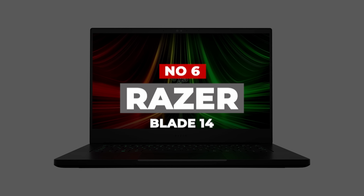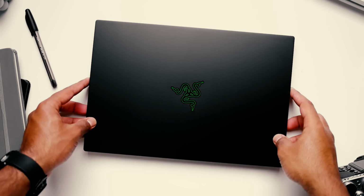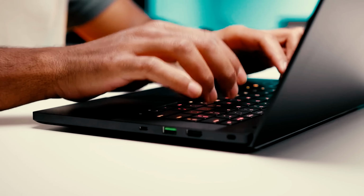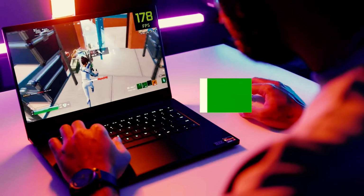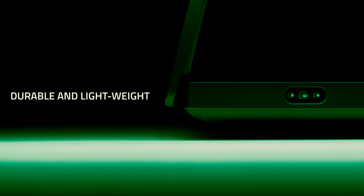Number 6. Razer Blade 14. Razer started out as a purveyor of PC peripherals before making the move into offering actual gaming PCs, and that experience has helped it become one of the innovators in the space. It is the first 14-inch notebook that is using the powerful Ryzen 9 5900HX processor. At just under 4 pounds and with solid battery life, the Blade 14 can be a constant travel companion whether